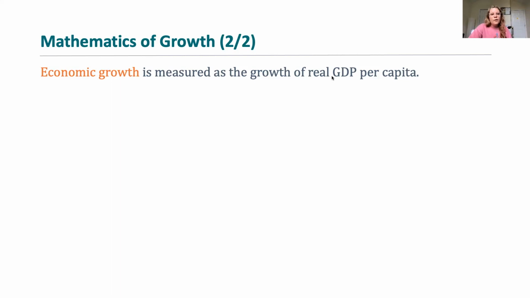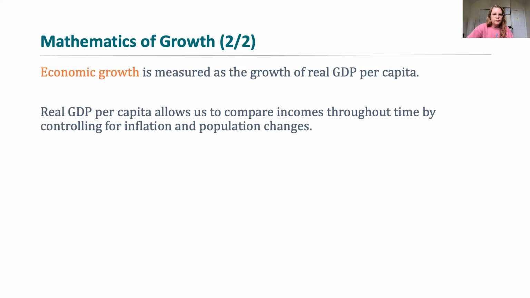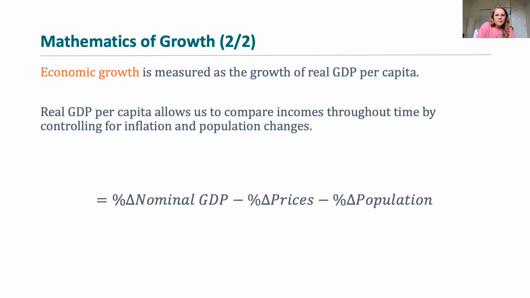So like I said, the way that we measure economic growth is through the indicator of real GDP per capita. It's really important here to make sure that we know that economic growth means something very specific. We're going to be looking at the measure of how the average person's income changes over time when we include allowance for price changes. So real GDP is going to compare incomes controlling for inflation and population.